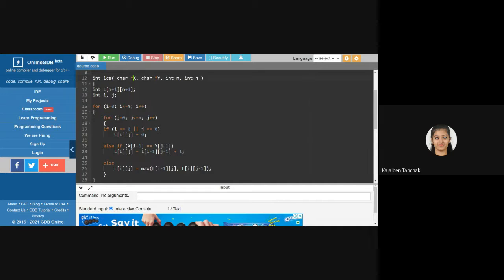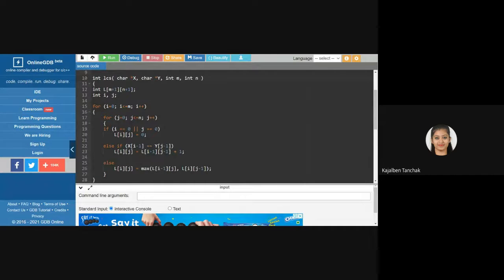First we will put, if i equals 0 or j equals 0, you will put 0. Else you will check if x of i minus 1 is equal to y of j minus 1. Now you just see, whenever we are solving an example, we keep the 0th row and column blank. We will not write down letters at that point. We start writing the letters from 1 to the rest of the length, the same way for x and y both.